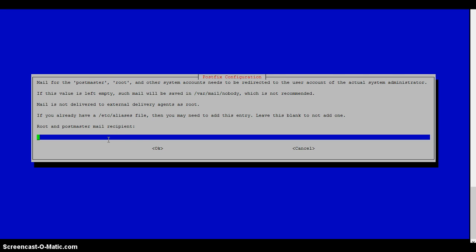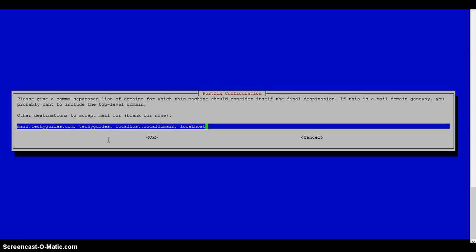In my case, mine's going to be remote, and then I'm just going to go to OK, press enter. It will then pick up all domains, so Techie Guys, localhost, local domain, Techie Guys, and so forth. I could then enter mail.techieguys.co.uk